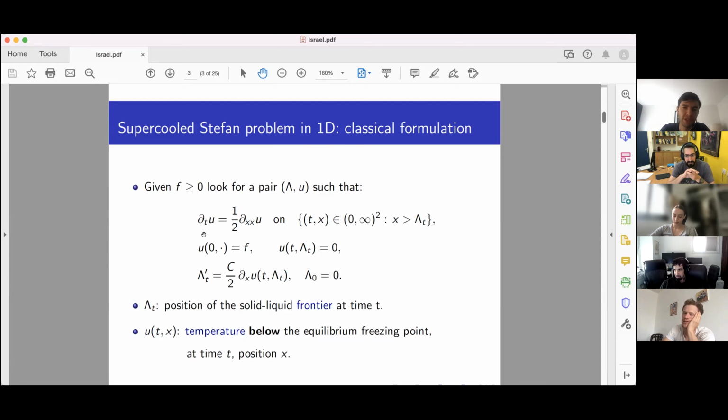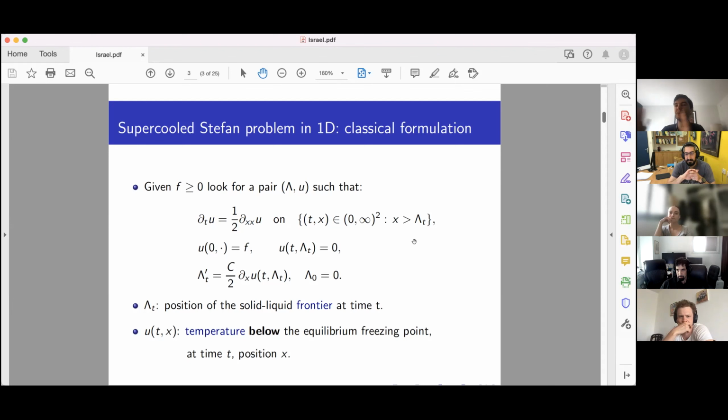On the one hand, the first equation is just the heat equation, which says that the temperature will evolve according to the classical laws of heat propagation. And this heat equation is posed on a time-dependent domain. So it's posed on the domain where you are to the right of the boundary lambda. It's only posed in the water, which is usually referred to as a one-phase problem. So we're ignoring what is happening in the ice.